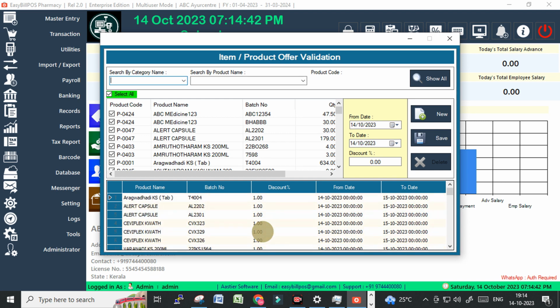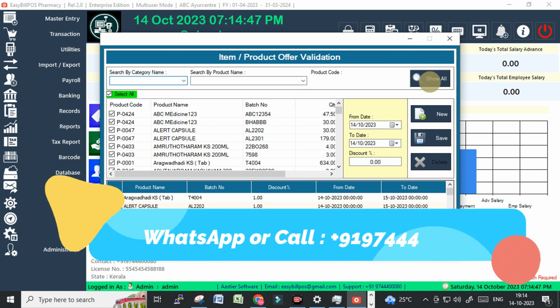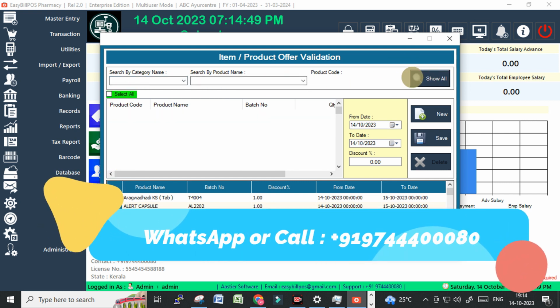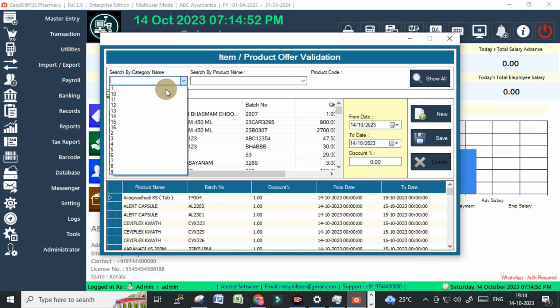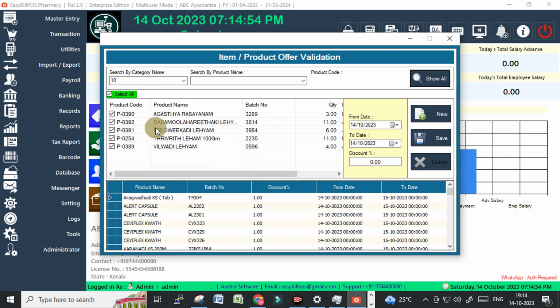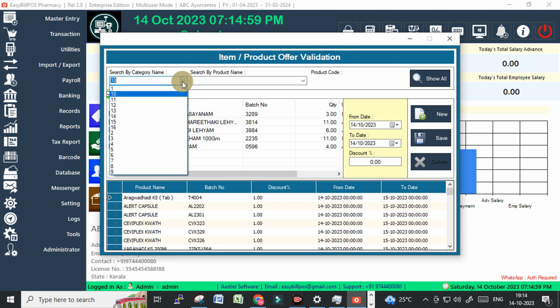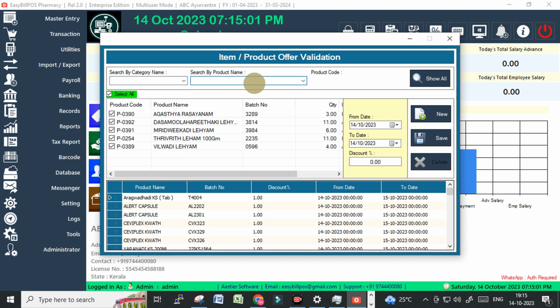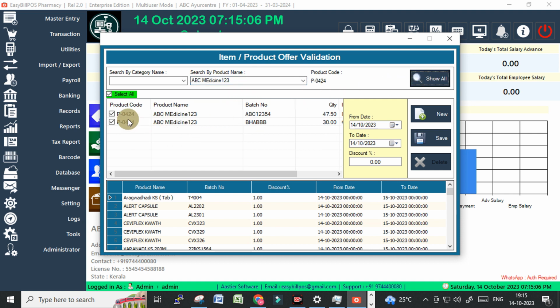Alright, and if you want to make something like that, I'm just selecting this category. Based on that category also you can do it. Now I'm just adding only a specific item. Alright, so this item we have 2 batches. See, in this batch we are adding, only for this batch, the first item, the old stock one, we are adding